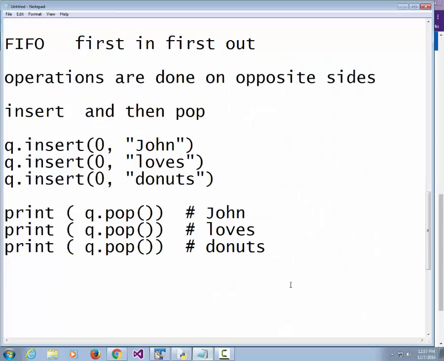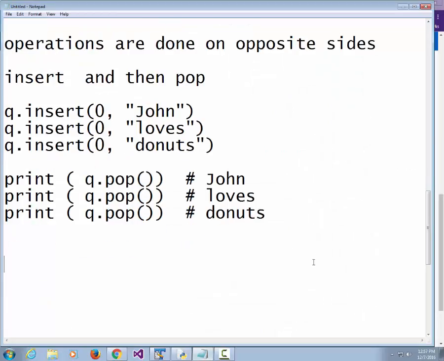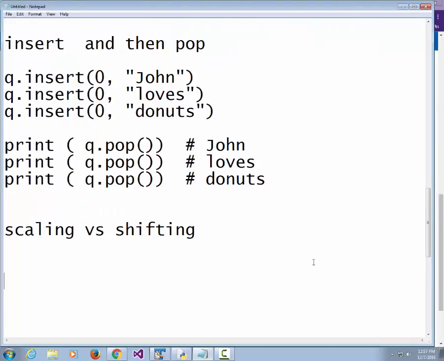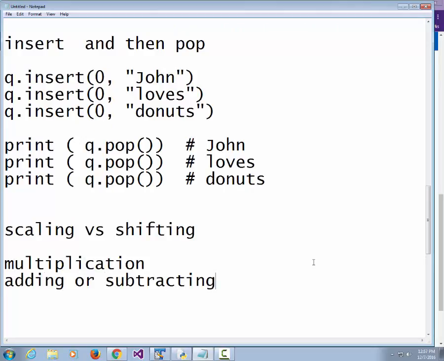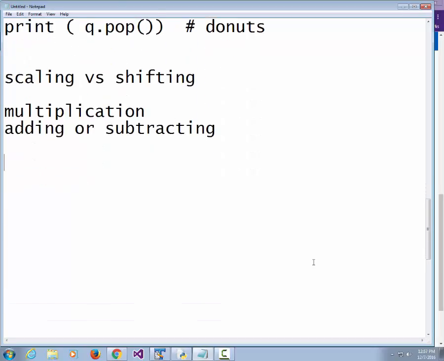If you have a pair of coordinates, scaling versus shifting, and one of them is multiplication of your coordinates and one of them is adding or subtracting values to your coordinates, which one of those is scaling and which one of those is shifting? Scaling would be the multiplying, just changes the size of whatever